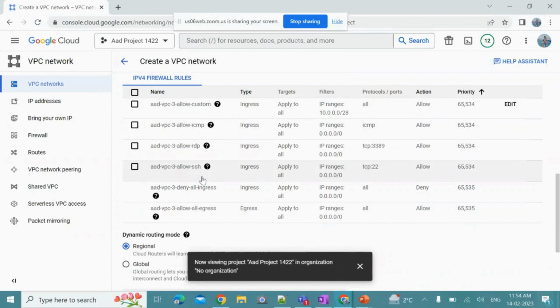Each VPC network, by default, implements a distributed virtual firewall that we can configure. These firewall rules allow us to control which packets are allowed to travel to or from their destination. Each firewall rule, whether it's a type of